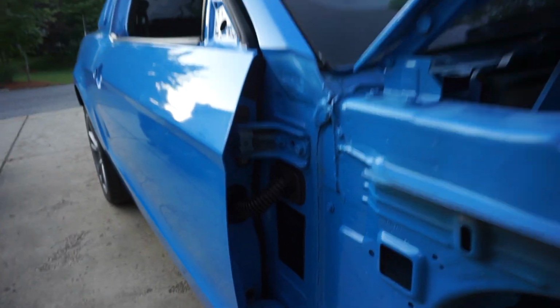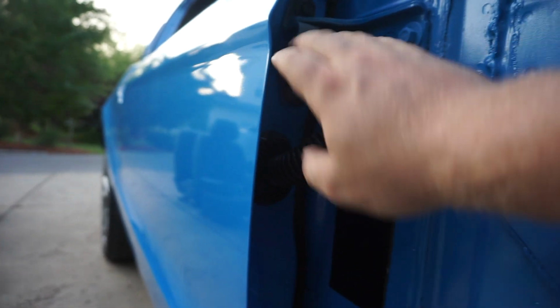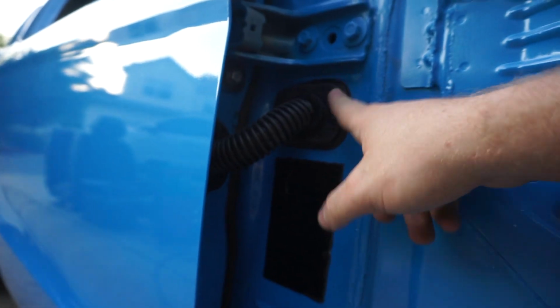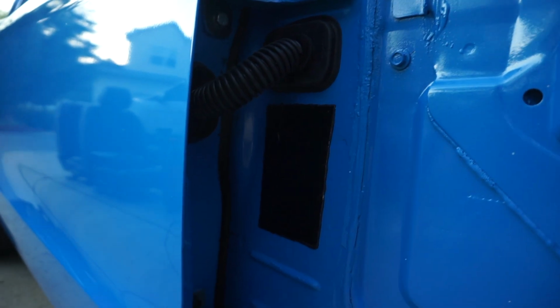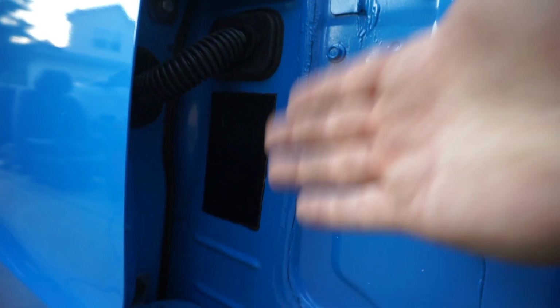And then this is our new fresh finished setup. So OEM harnesses, not spliced, chopped all up, plugged back into the body harness right here. And then to cover up that hole, I've just got a little bit of sound deadening, and I rolled that on to just kind of seal it up, keep that all nice and closed up so that no further damage